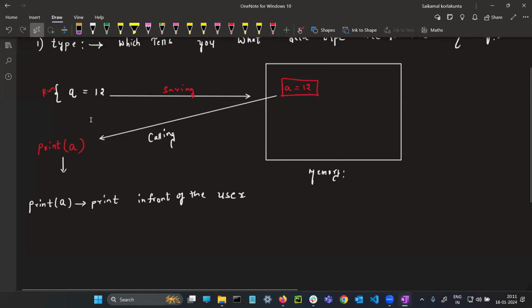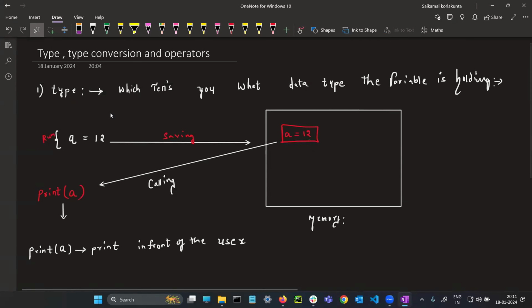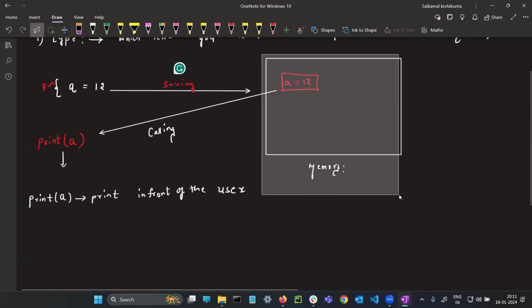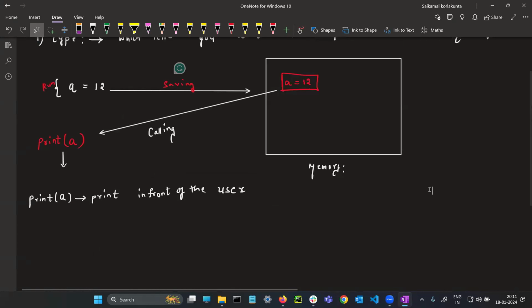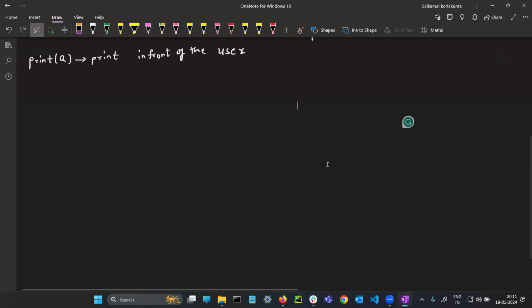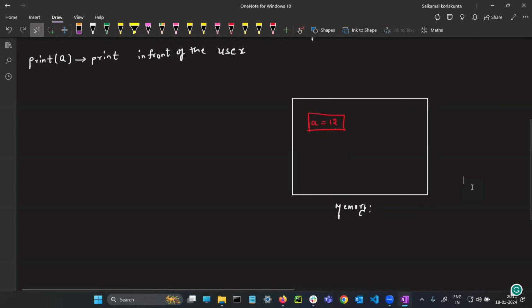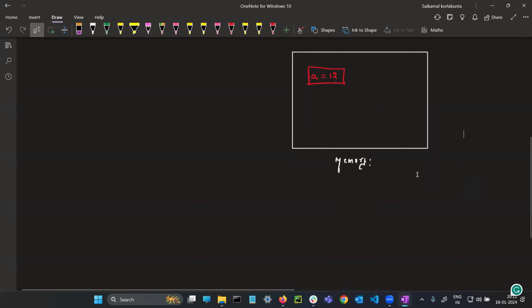Sir, tell me about this type. What is the meaning of this type? See guys, for example, let me copy this and paste it here. I'm going to write once again: A is equal to 12. And I am going to run this. If I run this line,